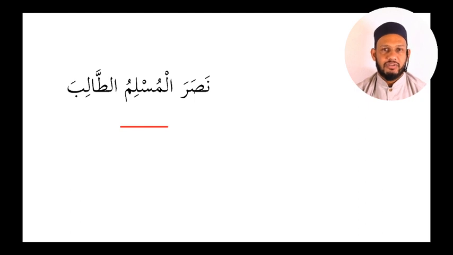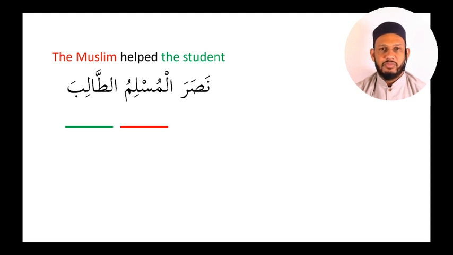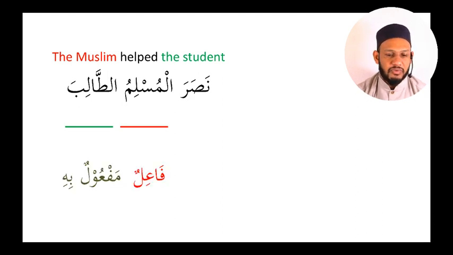It will always be in raf'un. So after I found the fi'l, the next part is I need to find the fa'il. How do I find the fa'il? I look at the end, I look left, I look inside. The fa'il is always in raf'un, so I'll be able to see on the left, it must end with a, ani, una, or one of those raf'un endings. So that's going to be the fa'il, the doer. Nasara al-muslim means the Muslim helped. And if I find a word in nasb, with a, ayni, ina, or atin, that will be the maf'ulun bihi.